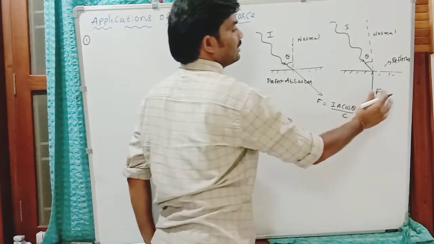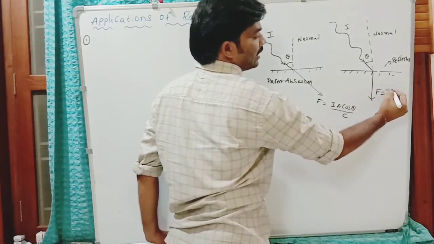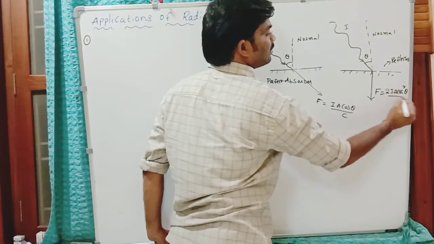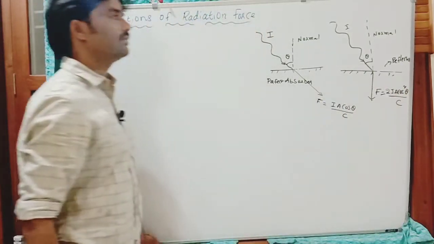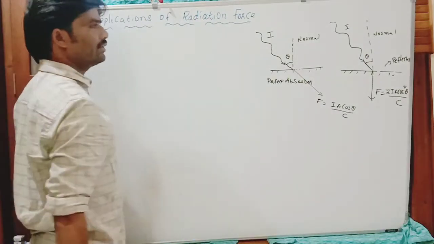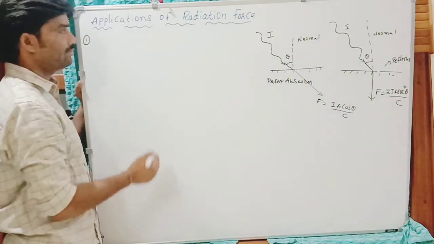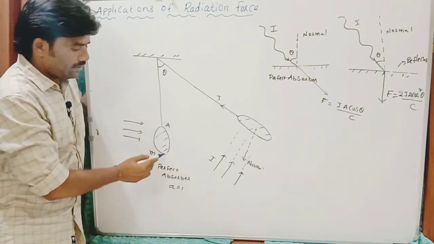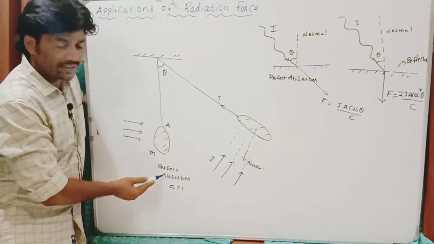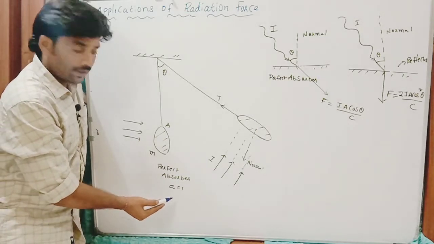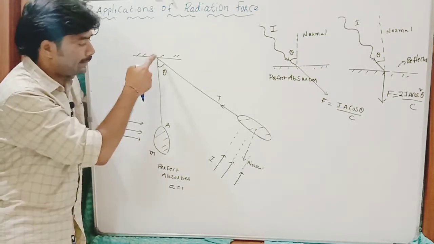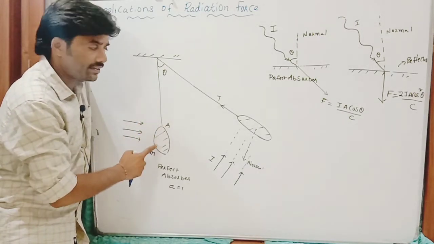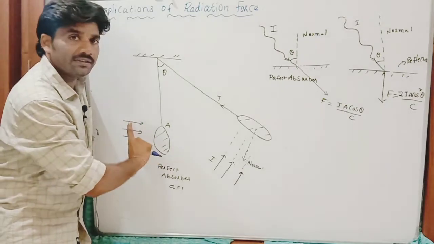That is the difference. Now here we have derived 2Ia cos square theta by C. This is the formula. Remember those two formulae. I am going to use these two here. You can see the first application. In this we have an object of mass m, which is a perfect absorber. Absorption coefficient is 1, which is suspended with the help of this uniform massless string, and radiation is incident on